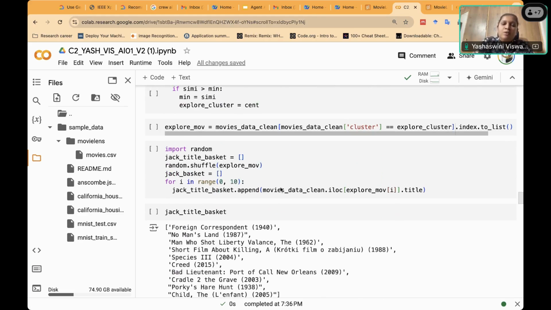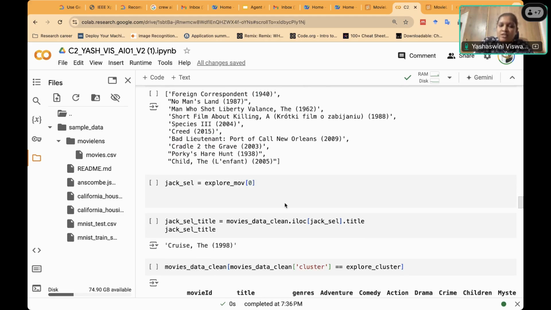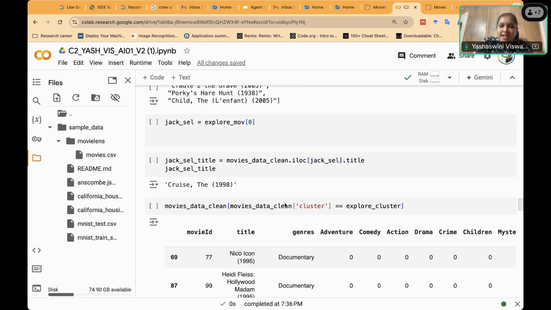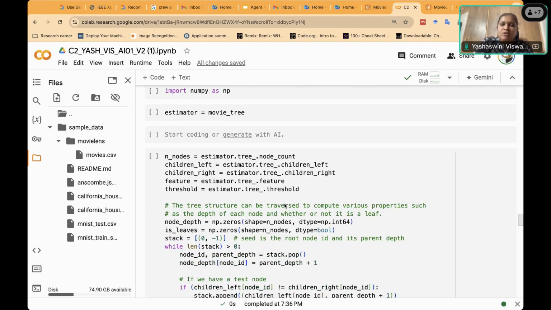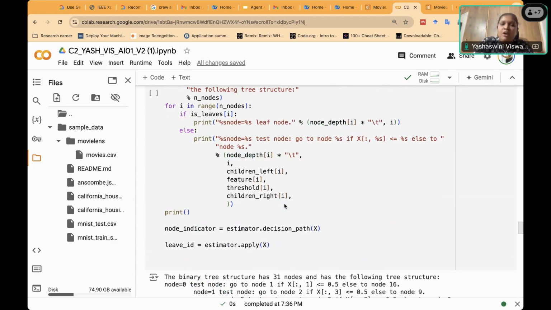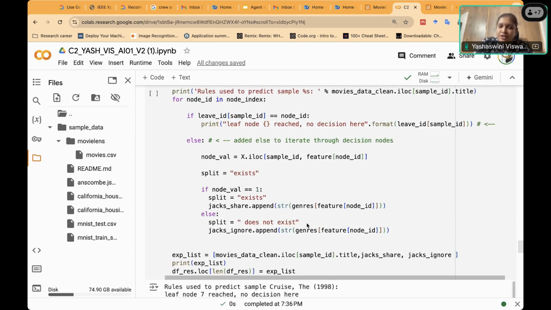This notebook also tells about how you can give the explanation of why a particular movie was selected, and how you can specify the explanation. Do you do it in an audio modality, or in a text modality?